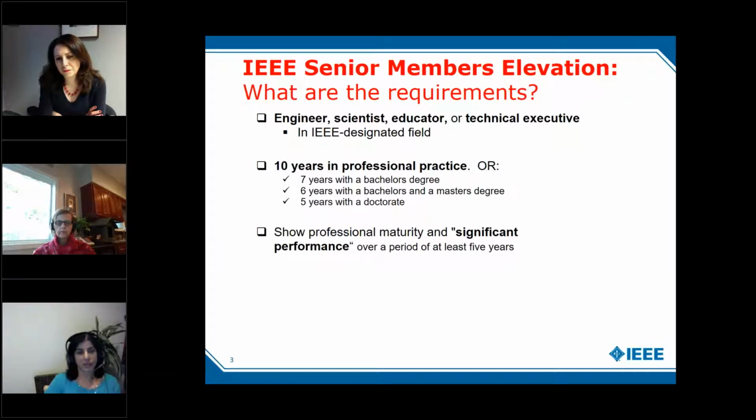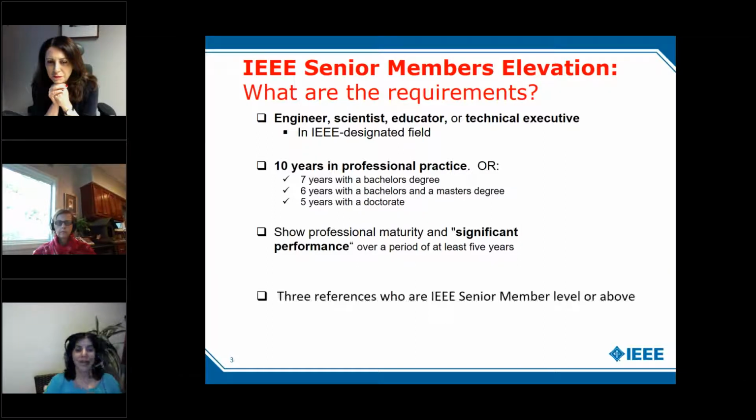Of course, there are a couple of other additional criteria, such as you have to show professional maturity and significant performance in some technical area over a period of at least 5 years. This is to ensure that the person who's being elevated to senior membership is technically contributing to the society. In addition to all of these requirements, we also need 3 reference letters from colleagues who are either senior members